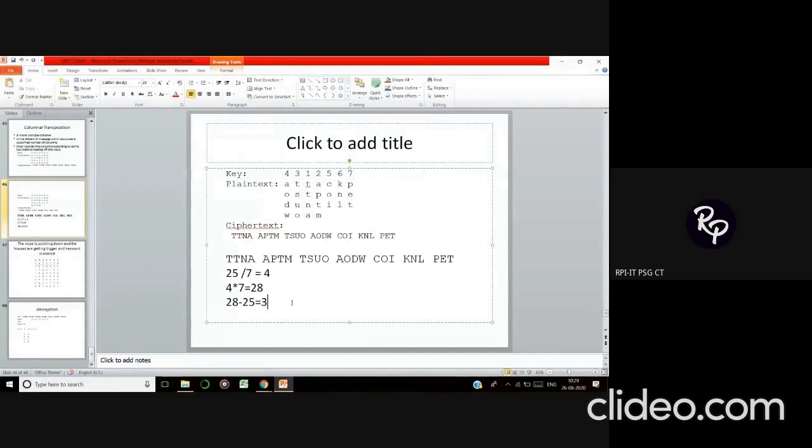For some problems it will be completely divisible, and then there is no issue. If it is not divisible, divide those two values, obtain the upper bound, and calculate the number of rows into number of columns. That gives me the total number of entries in the table. Subtract these two values, and the resultant value decides how many fillers I should add from the end. So that's all about columnar transposition.